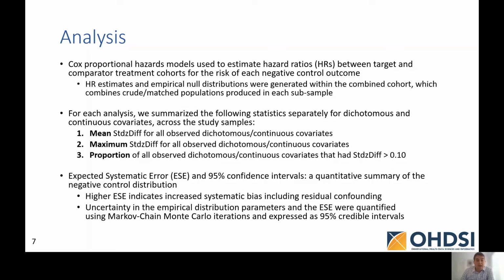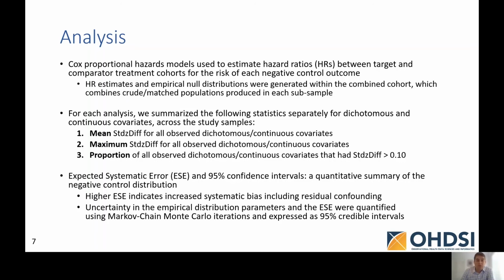The expected systematic error (ESE) and 95% confidence intervals around it provided a quantitative summary of the negative control distribution. A higher value of the ESE indicates increased systematic bias, including residual confounding. Uncertainty in the empirical distribution parameters in the ESE were quantified using Markov chain Monte Carlo iterations and expressed as